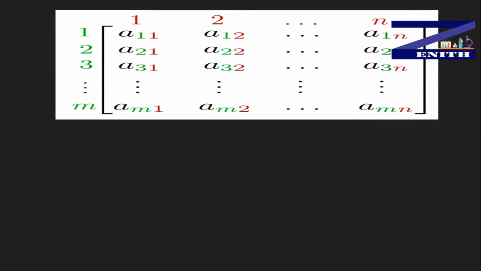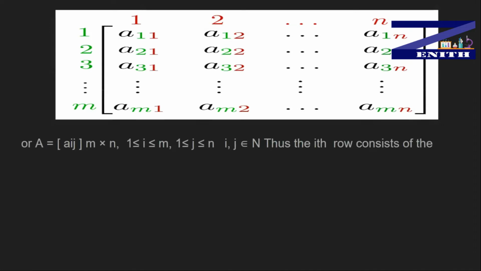Now, guys, here is a standard form, or you can say a standard example, of a matrix. In the standard form we can represent it as Aij. This defines the element, and this one is the order. Here i represents the row and j represents the column. It's a very simple thing: i will always be greater than or equal to 1 and less than or equal to this one, which is the number of rows, and j will always be greater than or equal to 1 and less than or equal to this one, which is the number of columns. And i and j always belong to the natural numbers.